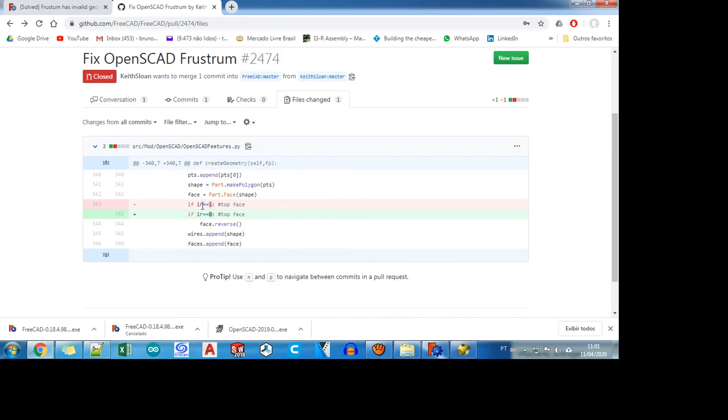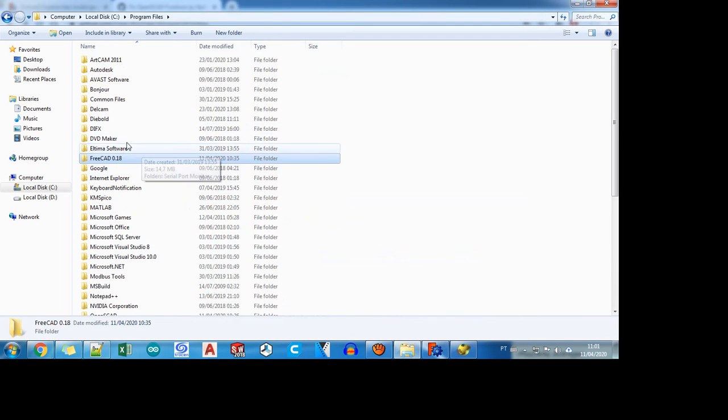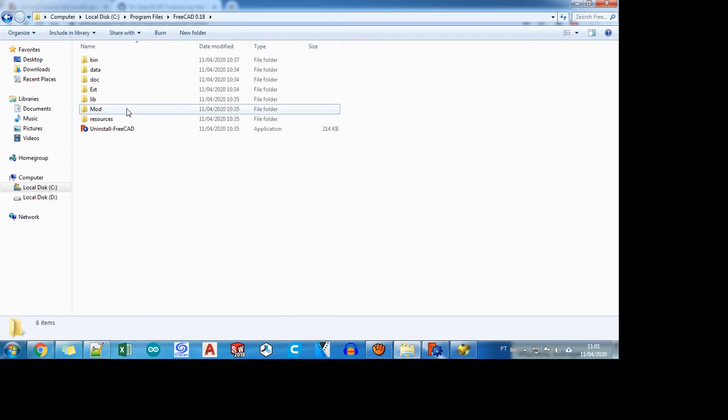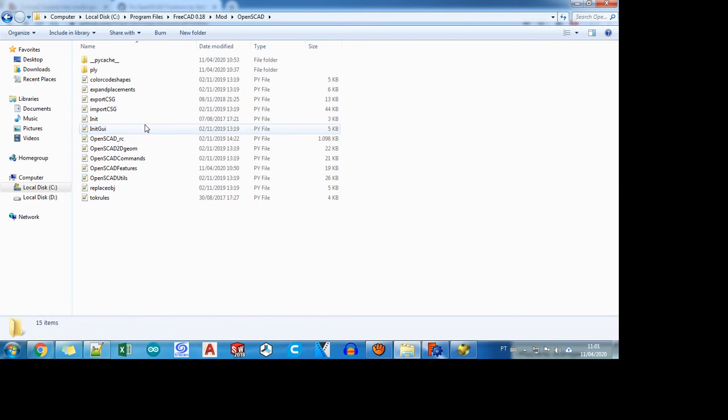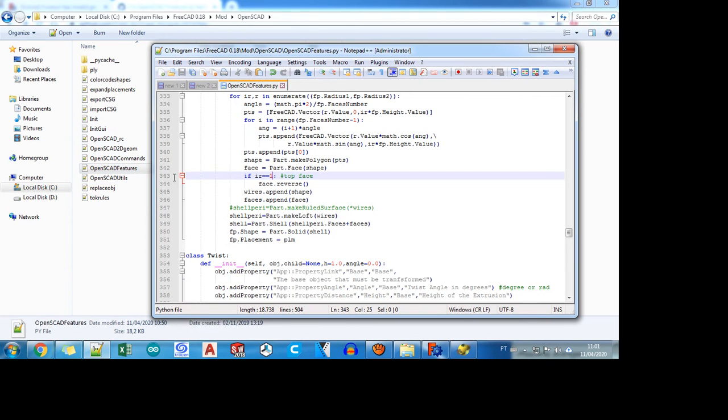He changed only this variable in this file, and then I came to the file, and it's in the FreeCAD folder, then Mod, OpenSCAD, and then OpenSCADFeatures. And then if you go to line 343, you just have to replace this one by 0, and then